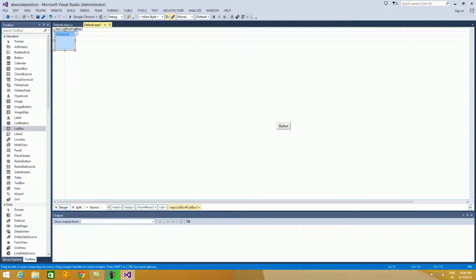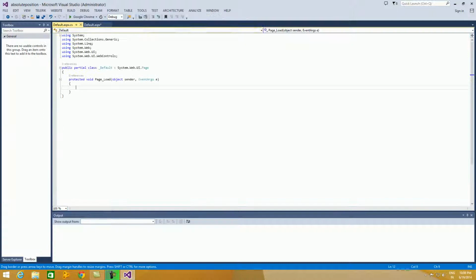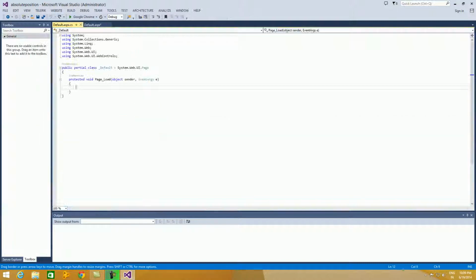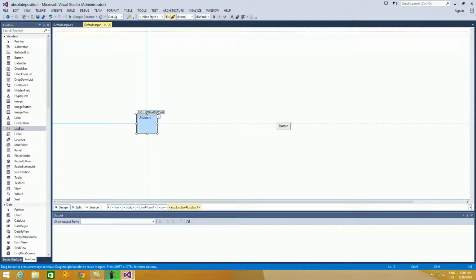Now move the list box by holding this ribbon, not the list box. So hold the ribbon above the list box. It is causing some difficulty in moving the list box. See here, now by holding the ribbon on the list box, we are able to move the list box.